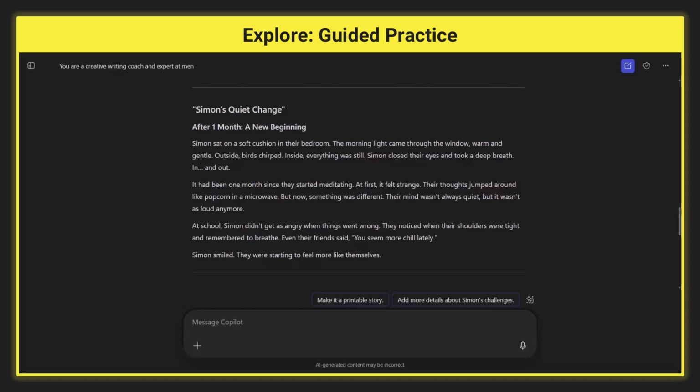All right, everyone, welcome to the Explore stage. We're about to do something really exciting. I'm going to show you how we're going to bring your visualization story to life using AI image generation inside